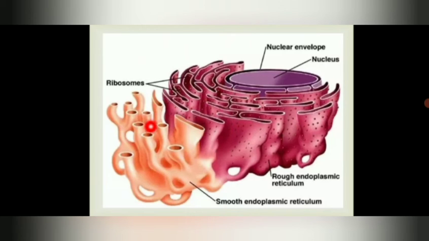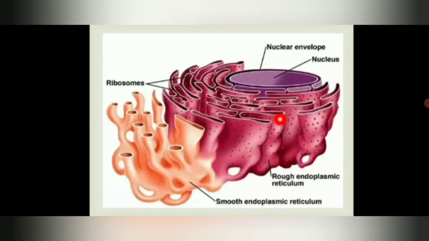This is a network like structure. Here you can see some large or wide mouthed bags, right? These provide a site for various chemical reactions to take place. So this is about the structure of endoplasmic reticulum.